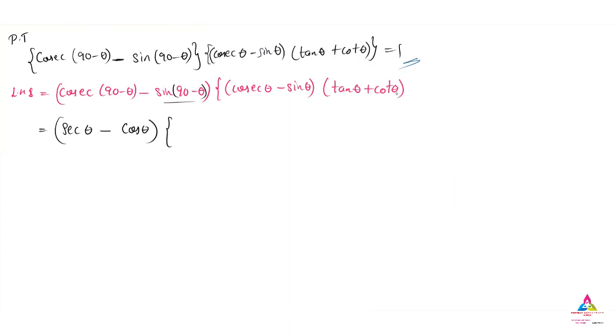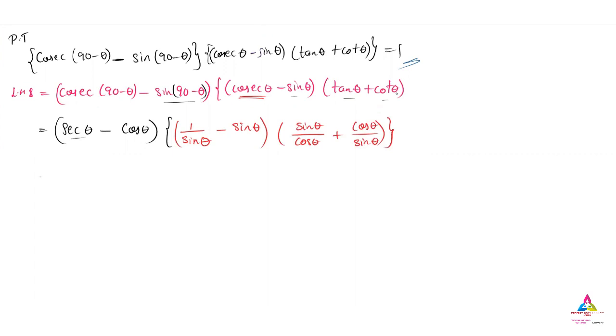So next we are moving further, and (cosecant theta minus sine theta) we have, tan and cot theta we have. So here what we have to do is write it in terms of sine and cos. Cosecant theta, write it down in terms of sine, so it is 1 by sine theta. That is how you have to write properly. Next we have sine theta. Don't do anything, sine theta as it is you write down. Next we have tan, that you write as sine by cos, and cot is nothing but cos by sine.